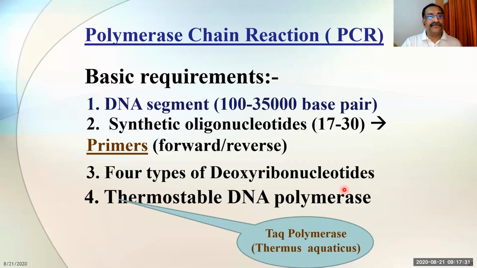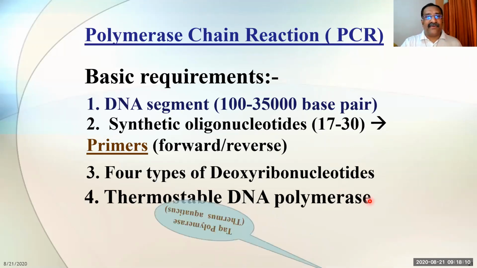Vishal, is it clear to you? Synthetic oligonucleotides is the primer, which means we have to synthesize it. In DNA probe and DNA fingerprinting, you have seen that there must be a DNA probe, which is also synthesized. In the same manner here, you have to synthesize a primer, because only on the primer will further development take place. It is just like an initiator, a starting point. So the primer must be there. So these are the 4 requirements.